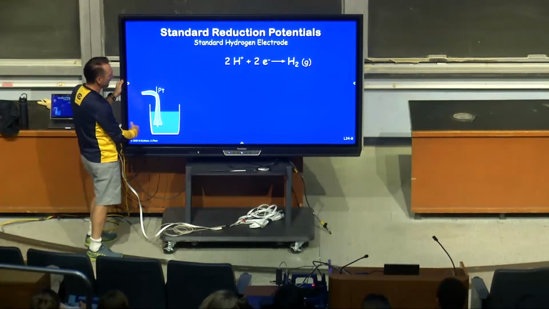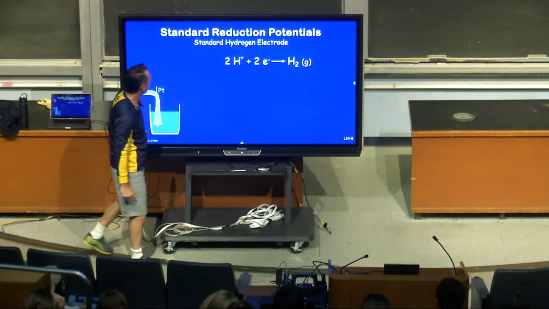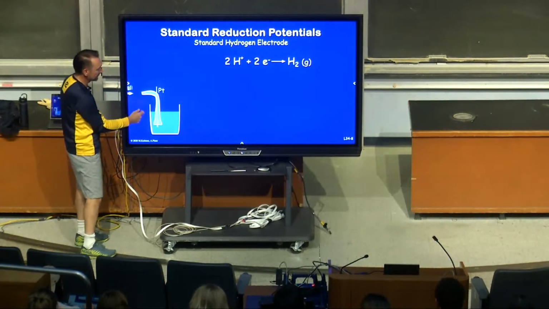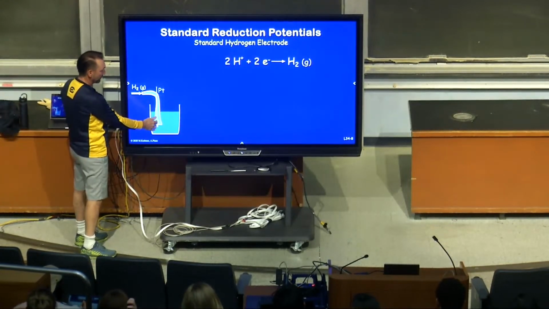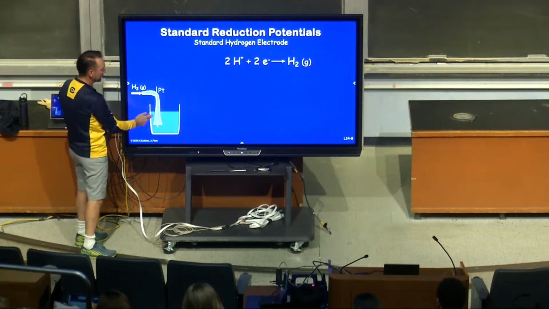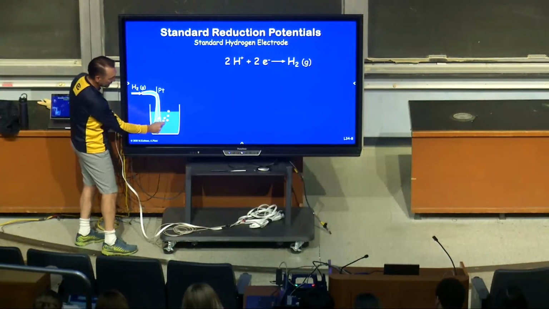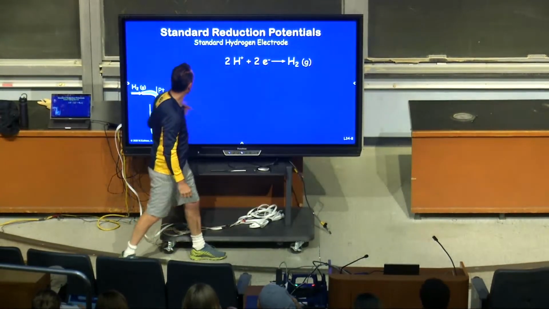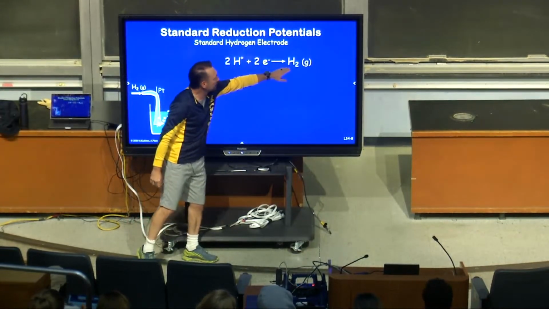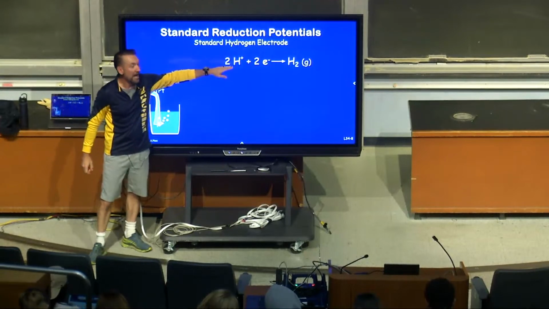And it's actually a weird one. It's hydrogen ions and hydrogen gas. So the way you do that is you take a platinum electrode, that's a neutral electrode, that doesn't form any ions. It just gives a surface for hydrogen gas to turn into hydrogen ions. So you can make this happen, bubble in hydrogen gas, and you can make hydrogen ions out of it. If you make hydrogen ions,